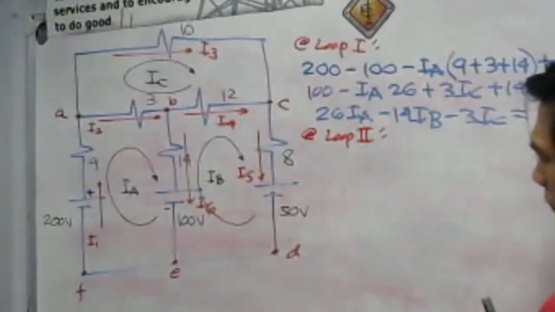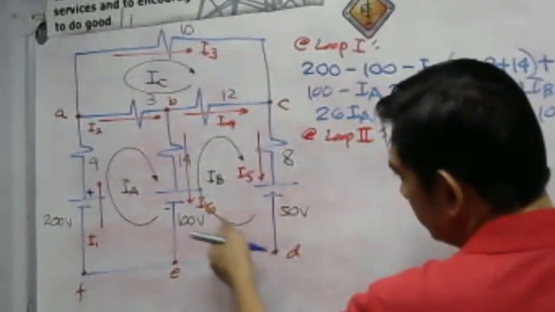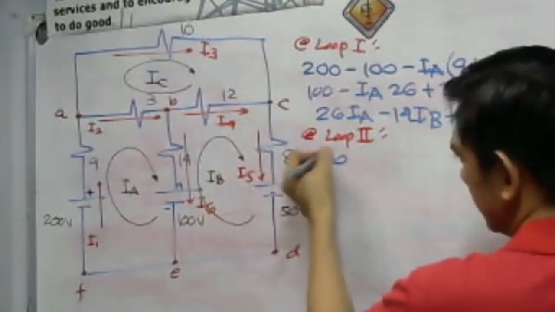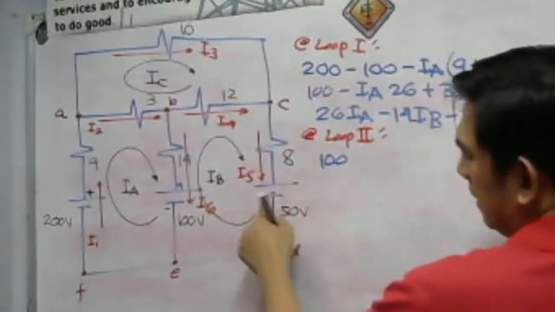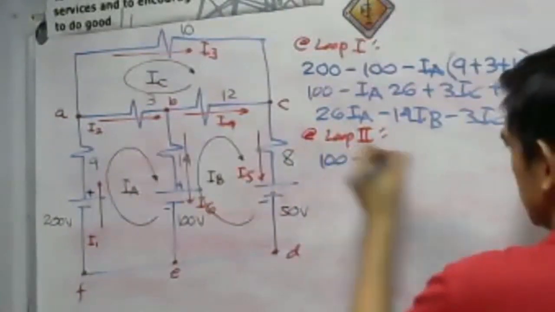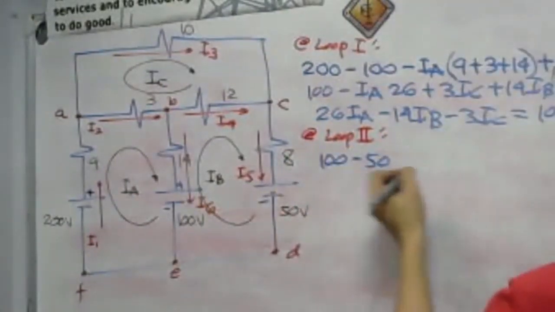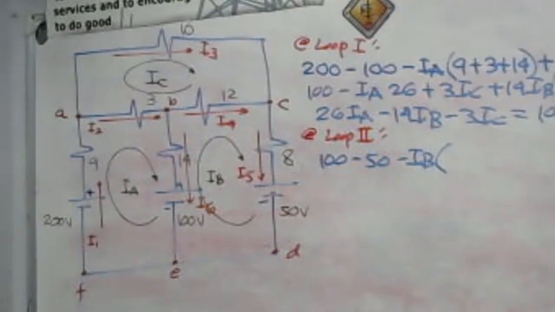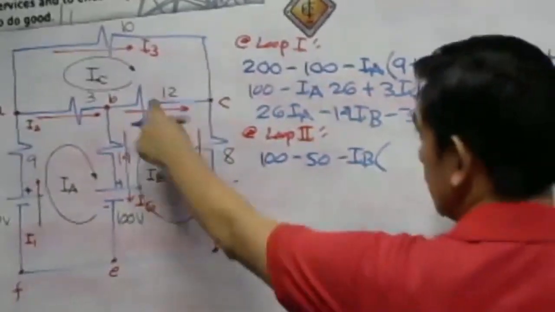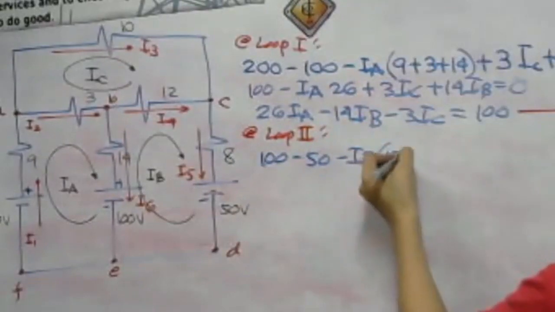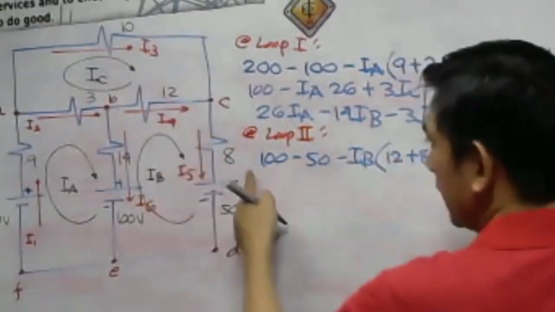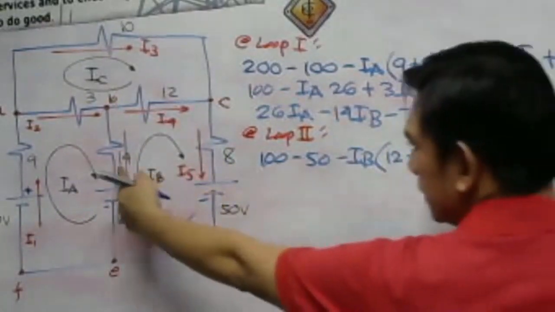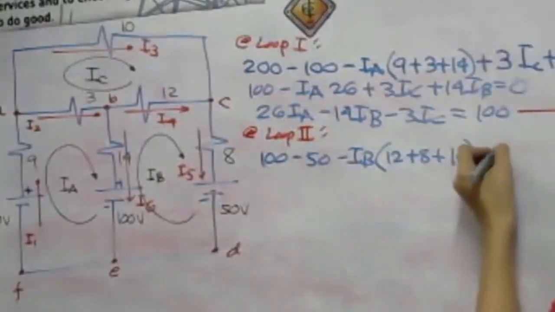Our circulating current, I sub B, lives on the positive terminal of 100 volts, so it is positive 100. And it lives on the negative terminal of 50 volts, so minus 50. And then again, automatically, the circulating current for loop 2 is I sub B multiplied by the loop resistances, which is 12 plus 8 plus 14. And then plus, what do we have here? This is a common resistor, 14. Plus 14